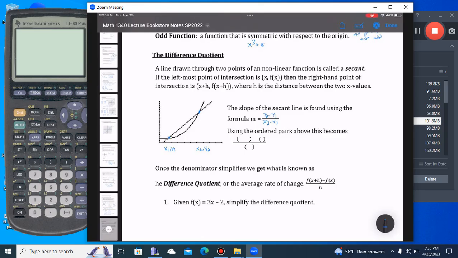What we can do is relabel these. The y here, we can label y2 as f of x plus h. We can label y1 as f of x. And so we can write this then, y2 minus y1 is f of x plus h minus f of x, and this would be over x plus h minus,